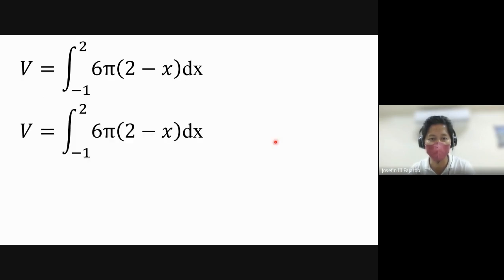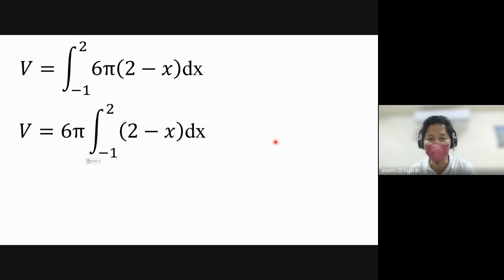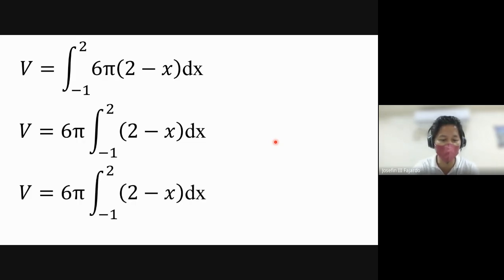Try natin, guys. Are you ready? So we just first put out the constant, itong 6pi, para madali natin ma-integrate. Okay. And then we can now integrate this. So anong integral ng 2? So that will be 2x, right? So this will just be,